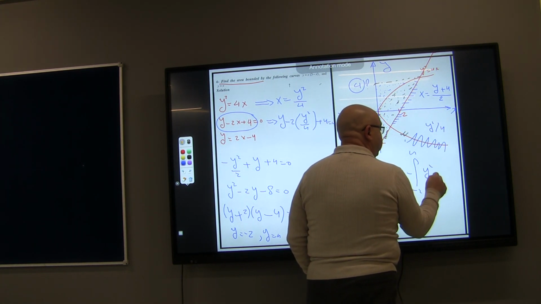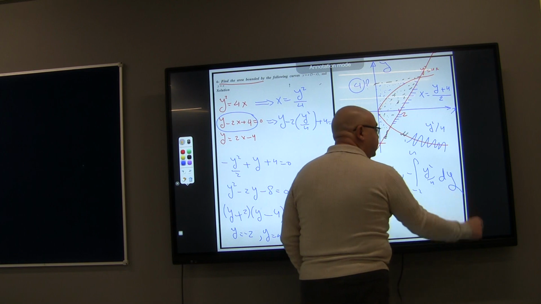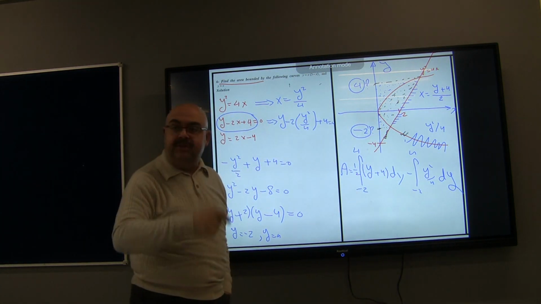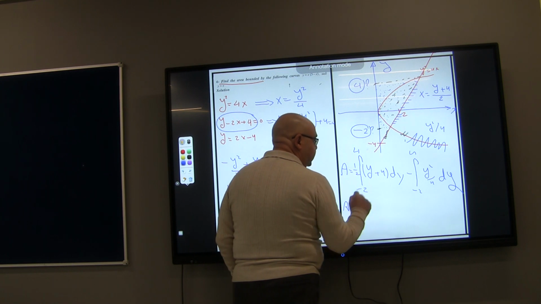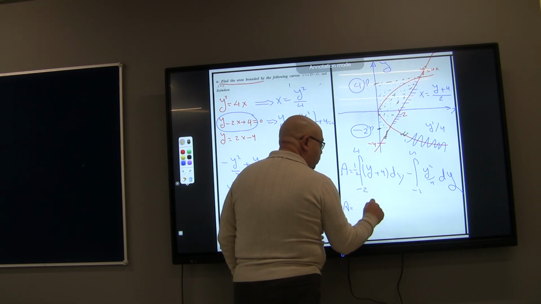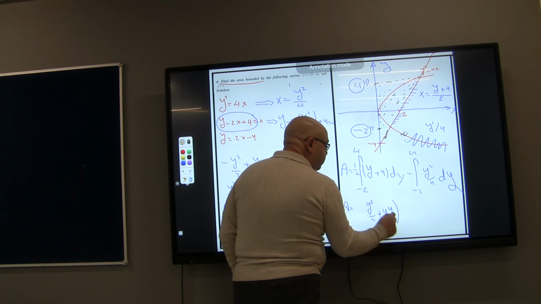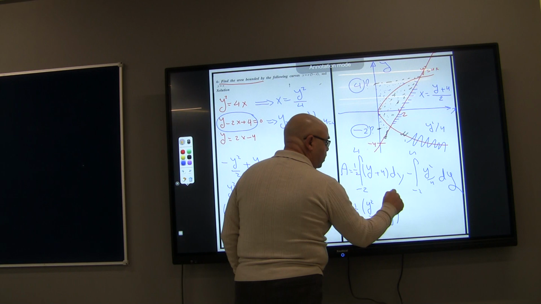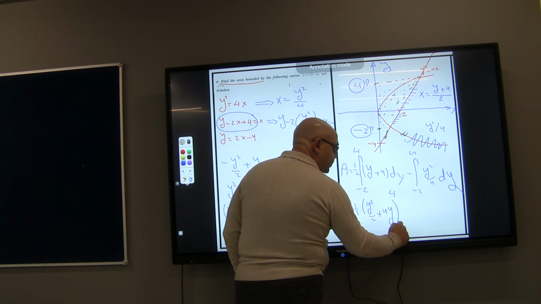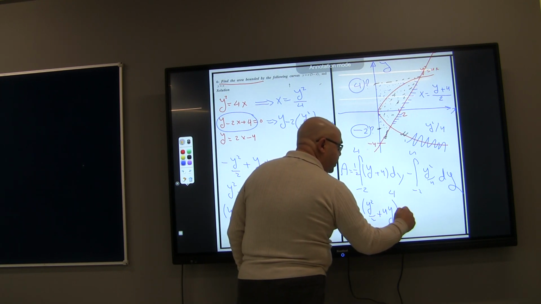So we insert here y square over 4 with respect to dy. When I do the integration, our area will equal the integral: y square over 2 plus 4y, with the half. Then start substituting first the 4 minus -2, then minus 1 over 4